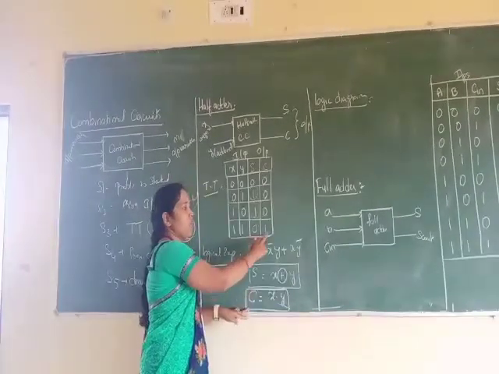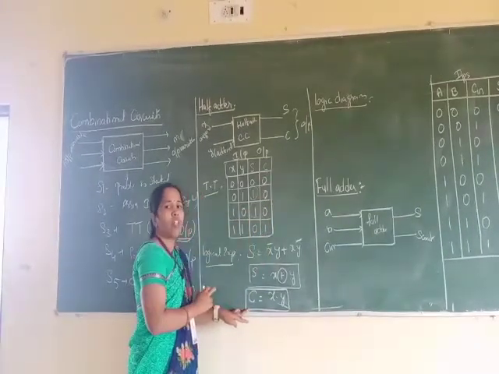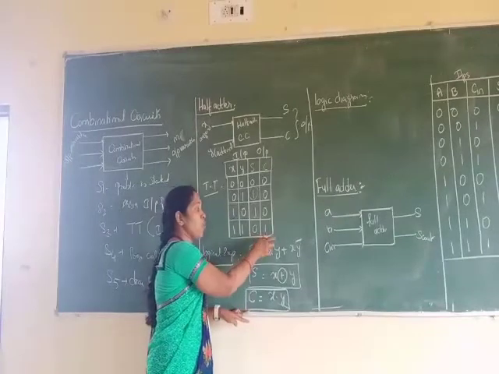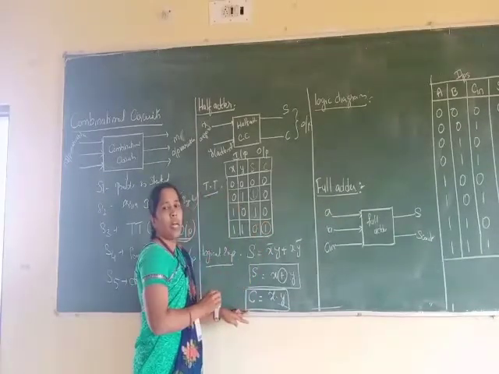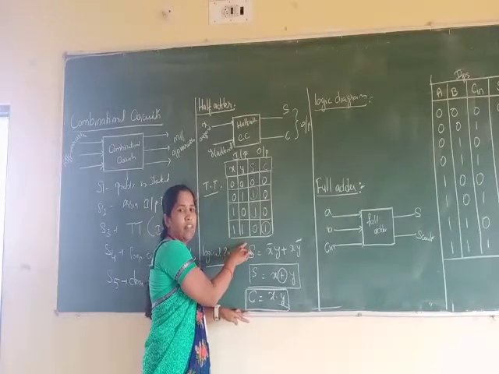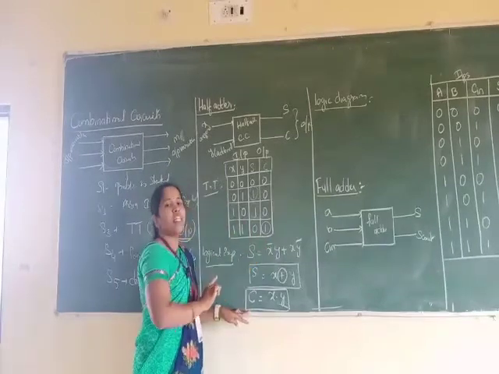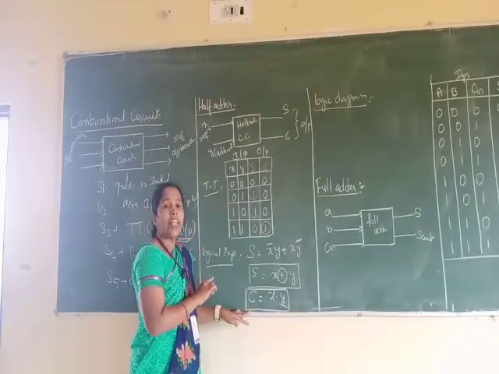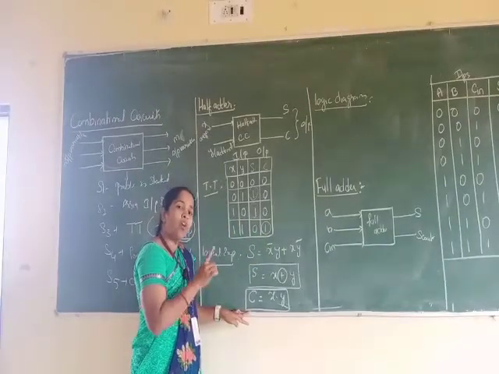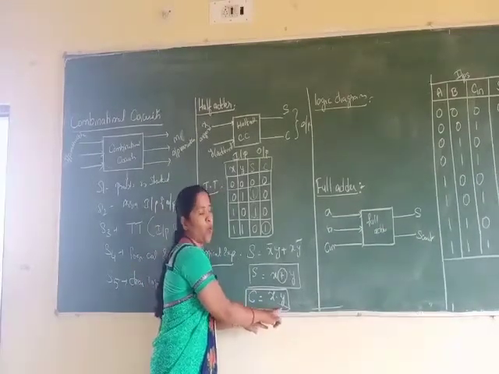Now second one is what here? Second output is C. Now for C column also I have to generate the logical expression. When the output is high in C column, when both the inputs are high, right? When both the inputs are high, the output is high. So we have discussed the AND gate. In AND gate, the output will be high when both the inputs are high here. So C is equal to x dot y.